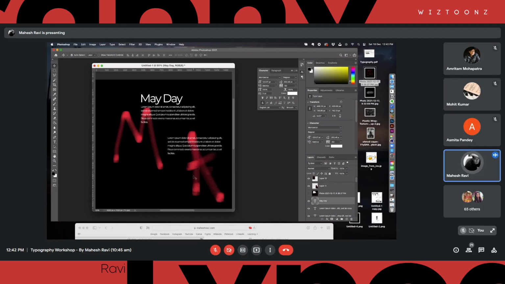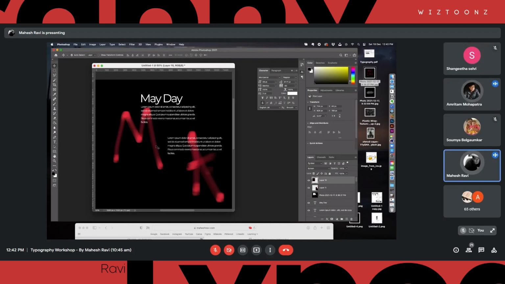Do you understand the point here? Everything is typography as a design element, right? We were actually talking about typography as a design element for all these exercises. But here, this is not a design element. This is typography, something that we wrote on maybe a piece of paper or something like that. And I'm bringing it here. This is one way that you can use it in the design.